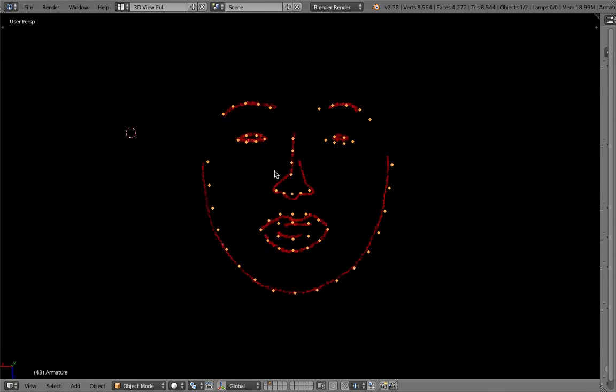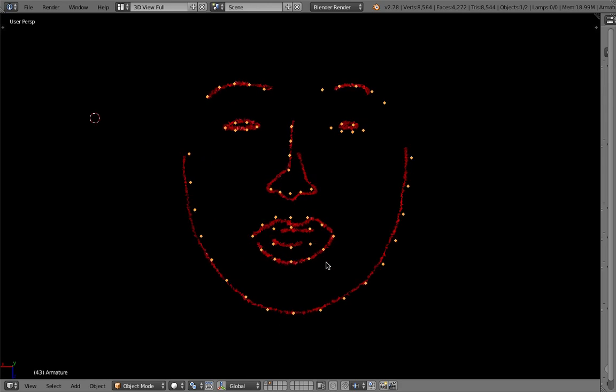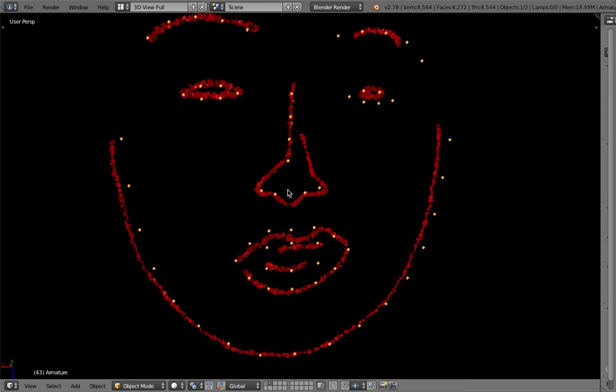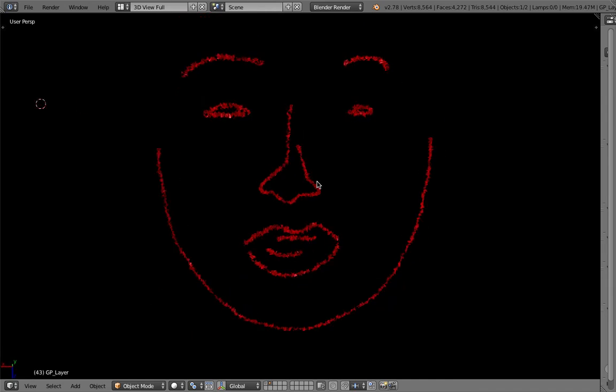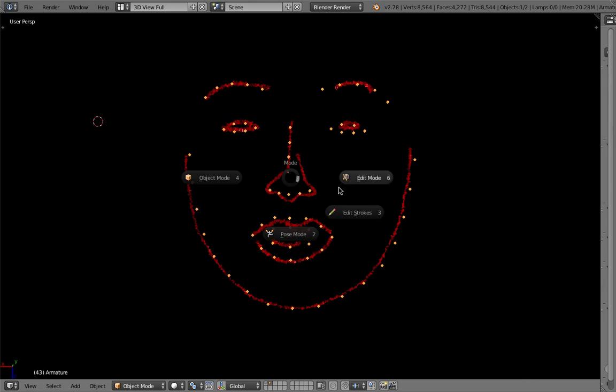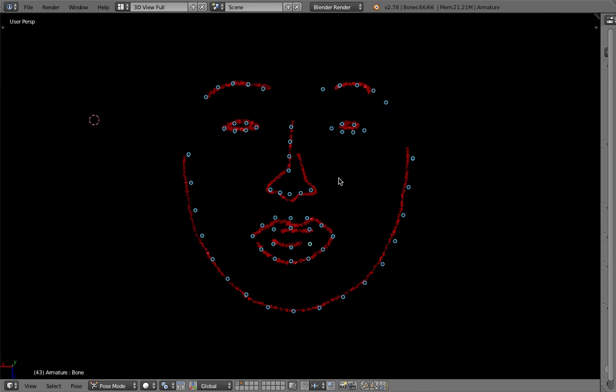last night I tried to just draw grease pencil on top of the joints, and then I skin the grease pencil after converting the grease pencil into curve and then into mesh. I skin it into the joints, and now the joints are controlling the grease pencil, and now the bones in pose mode are being controlled by the FaceOSC. So